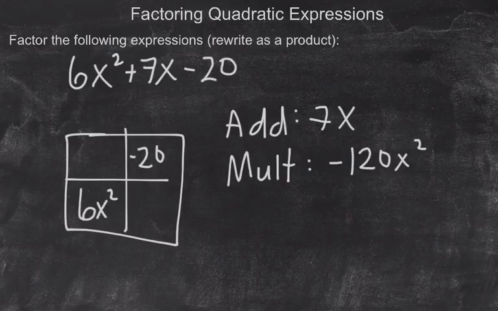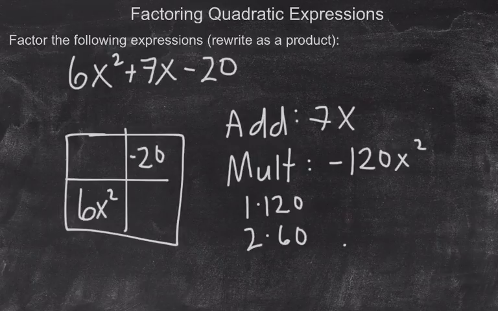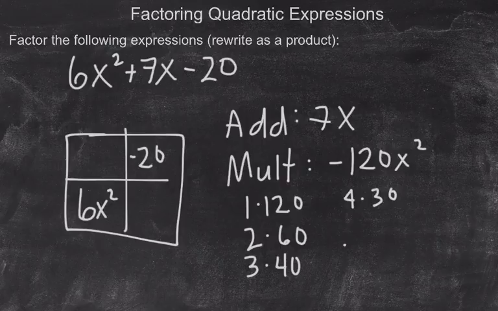So this one's going to have more factor pairs than usual, or more than the last two examples we looked at. So I've got 1 times 120, 2 times 60, 3 times 40, 4 times 30, 5 times 24,